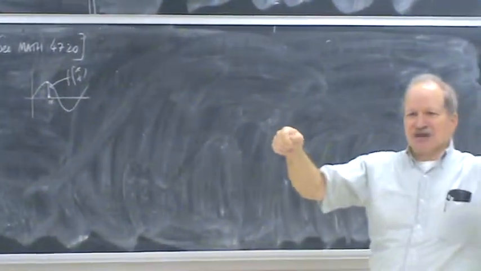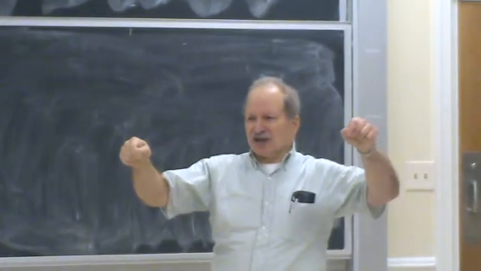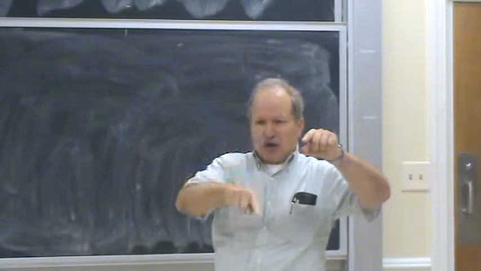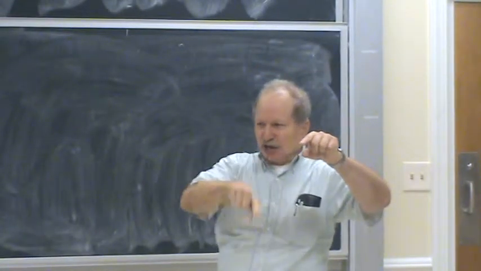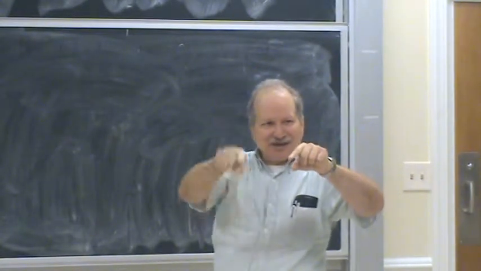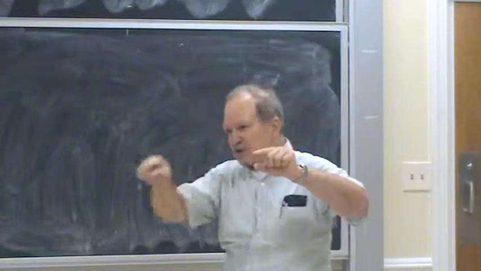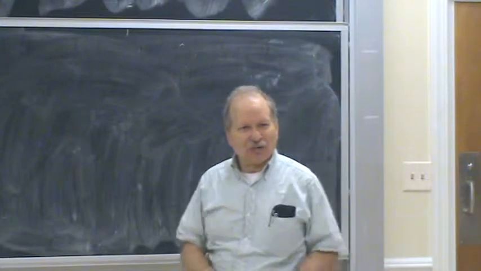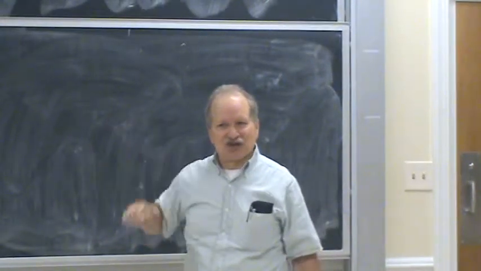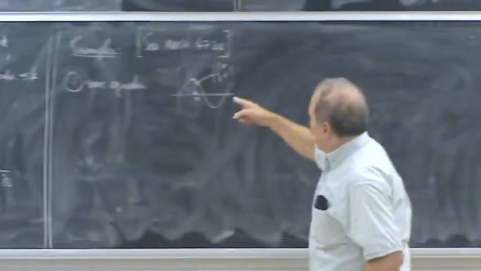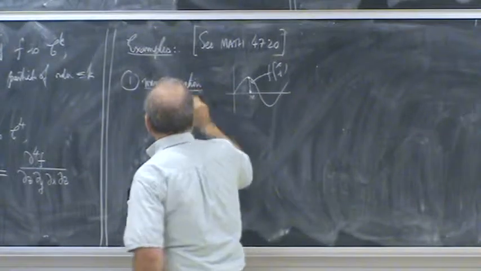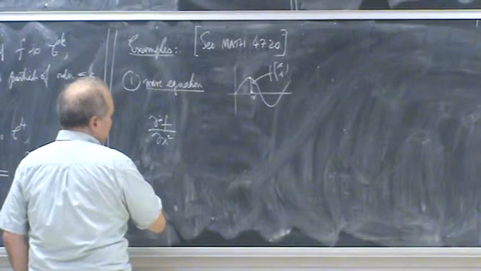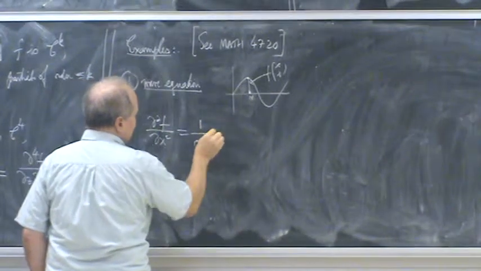If you pluck a string, you can watch it vibrating. If you look at a particular x, it goes up and down. And if you fix a time, you see what looks like some sort of sine wave, although it is in general much more complicated than that. It's sums of such things. Well, if you actually sit down and write down the physics, you find out that this f satisfies an equation